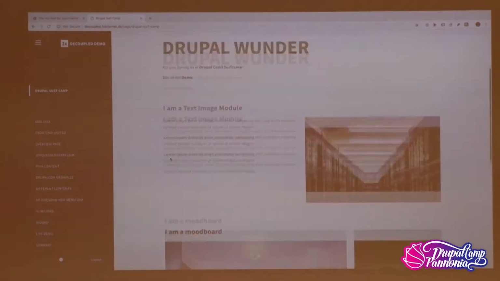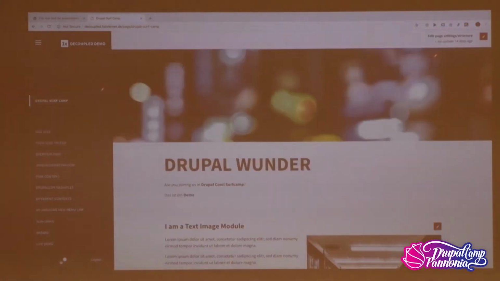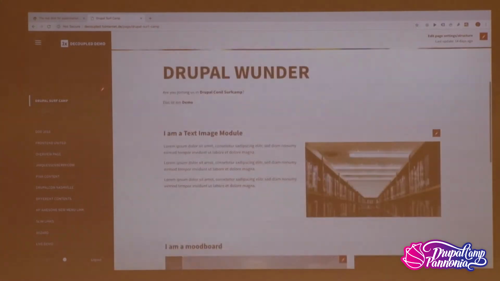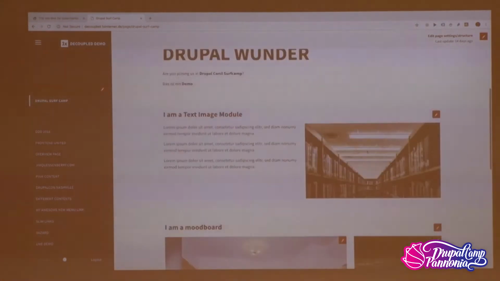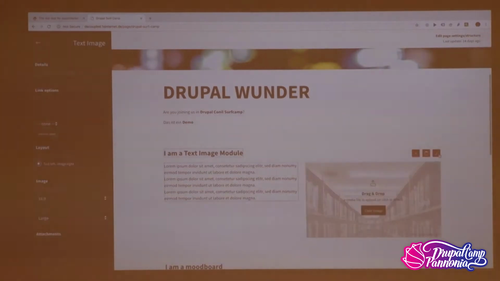Okay, using the builder, and when you go down here, you enable the edit mode. That's why you have this edit thingy around. So that allows me to edit the components. So let's say I want to edit this beautiful thingy. I press the edit thingy, and automatically I can just do this